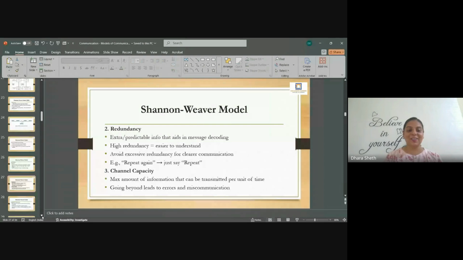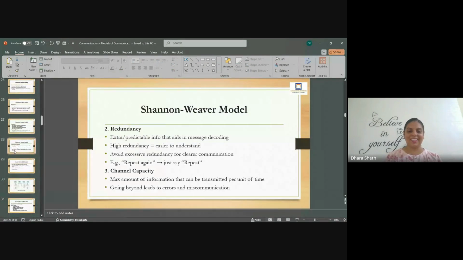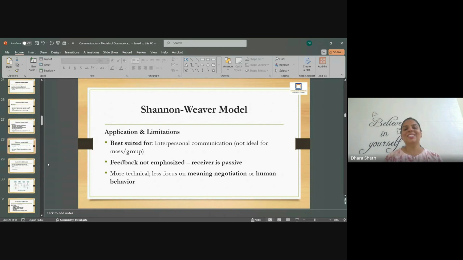Channel capacity. But here we are talking not about the student capacity. We are talking about the channel capacity, like how much message can be shared. Let's say Twitter has this, that you can write only this number of characters, or when we are filling the bio of Instagram, it also has this, or writing a title somewhere, that you can use only this many characters, or only this number of hashtags. So that is the channel limit.